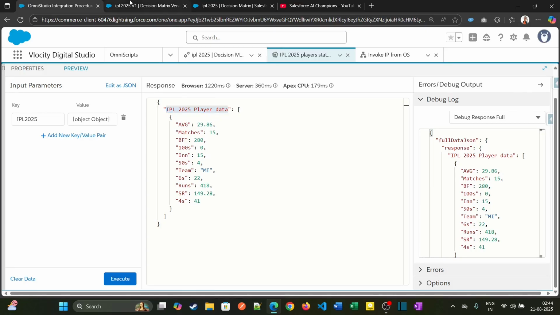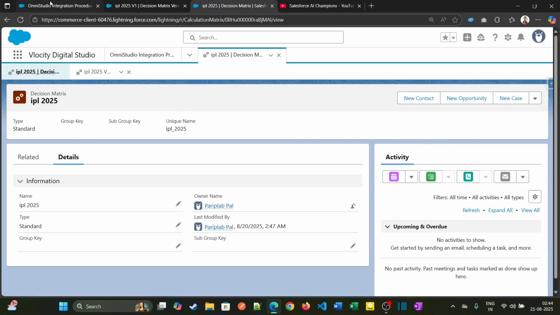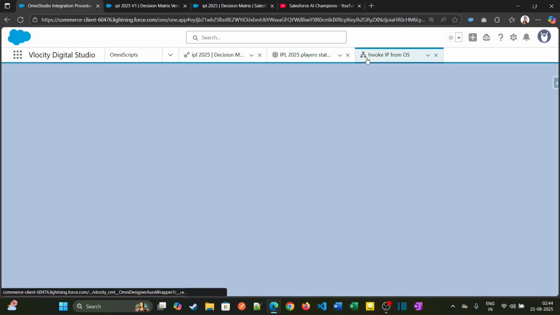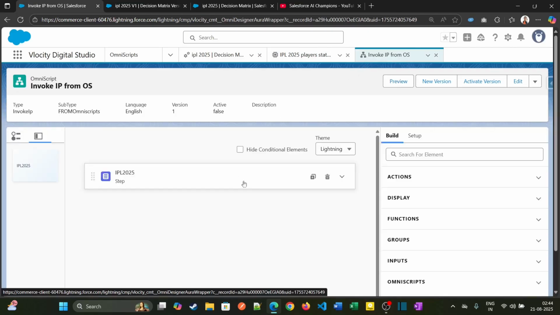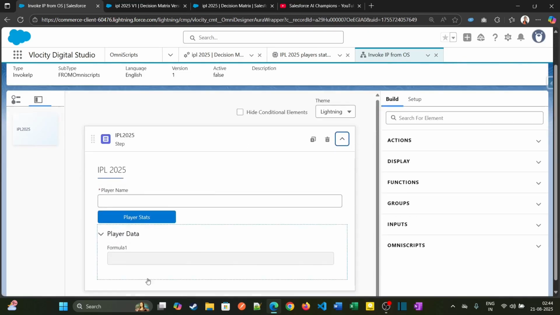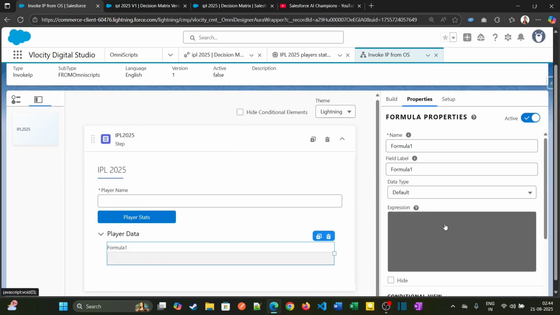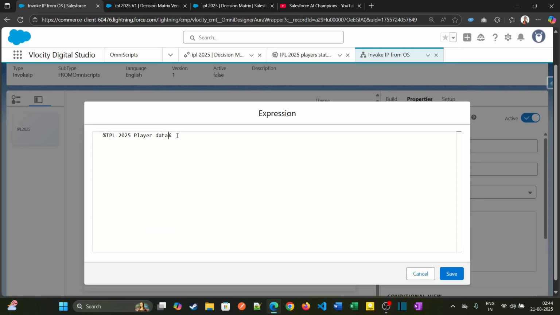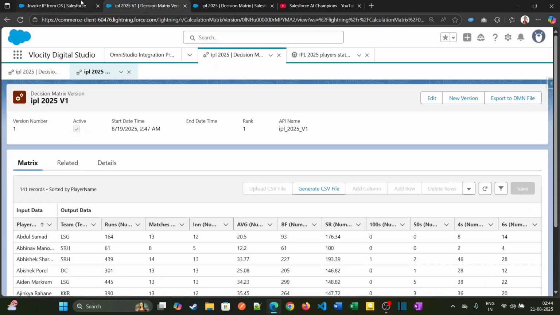So this node needs to be there as a parent. So I can update the OmniScript now. In the formula expression, within the merge syntax I can add this one, colon,